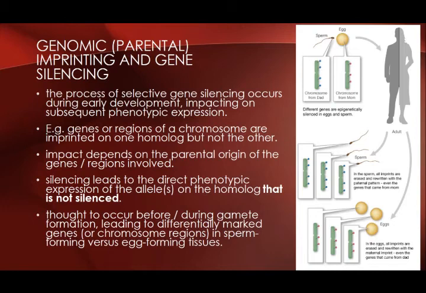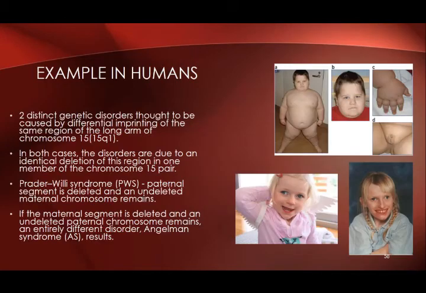Thought to occur before or during gamete formation, leading to differentially marked genes or chromosome regions in sperm-forming versus egg-forming tissues. For example, in humans you have two distinct genetic disorders thought to be caused by differential imprinting of the same region of the long arm of chromosome 15q1. So in both cases, the disorder is due to an identical deletion of this region in one member of the chromosome